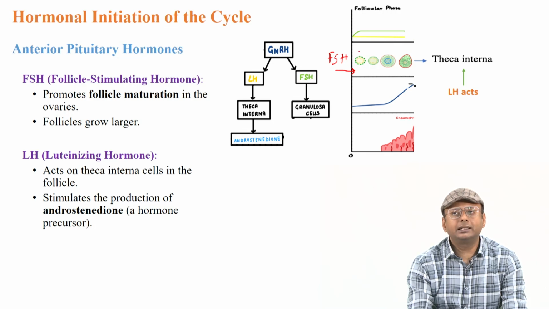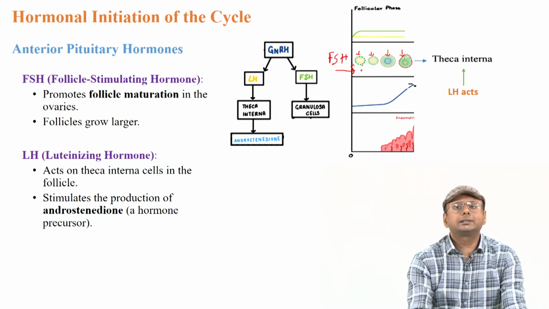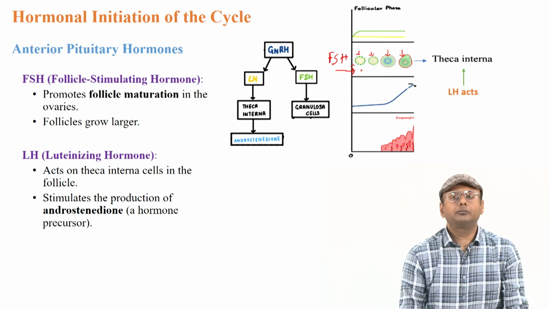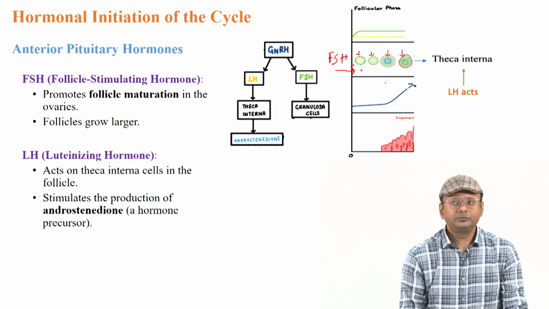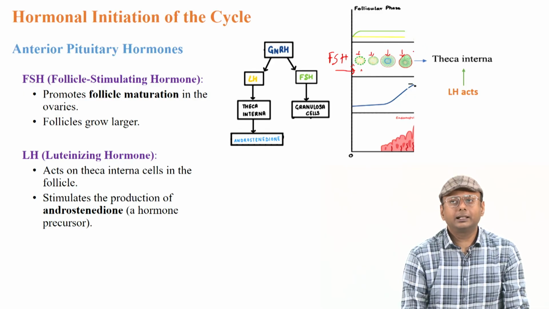You can see that initially there was a thin layer of follicle cells, and slowly from the initial stromal cells it became cuboidal cells, and after that it started to develop the granulosa cells. But the main thing is that these follicular cells, or the follicles, are eventually getting matured and developed, and FSH has a very crucial role in developing and maturing these follicles. And then next is LH, the luteinizing hormone. LH acts on the theca layer, right. This is the theca layer, this red layer you remember we discussed in our last class also.